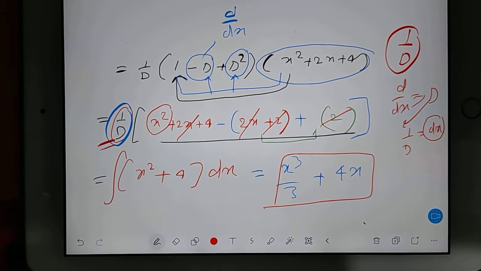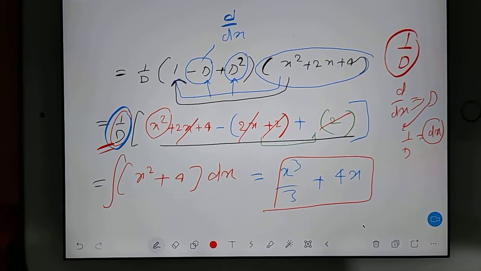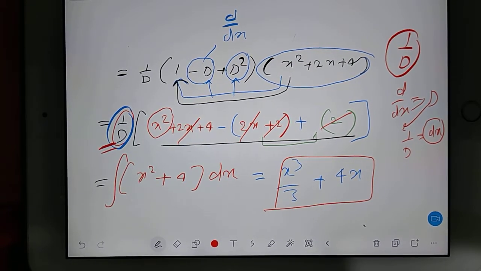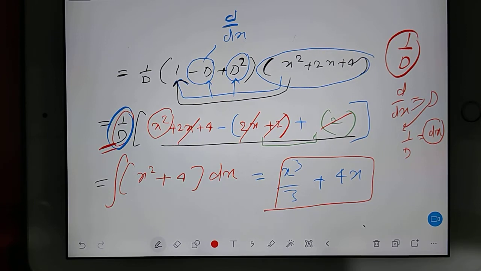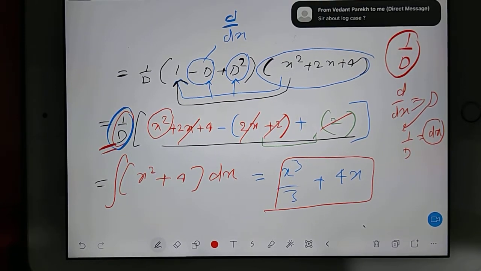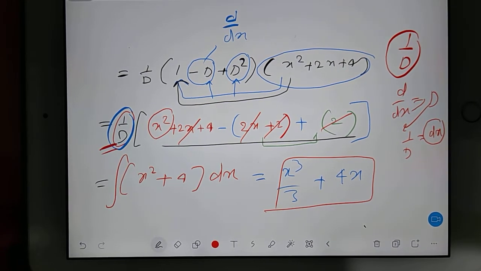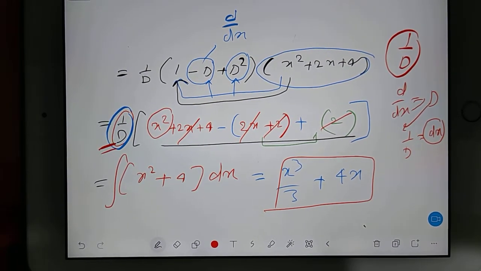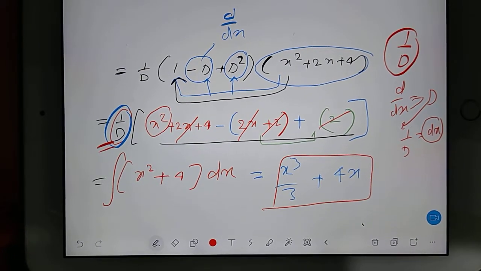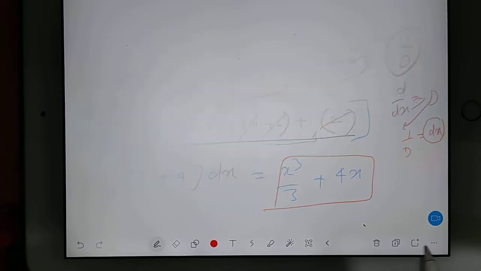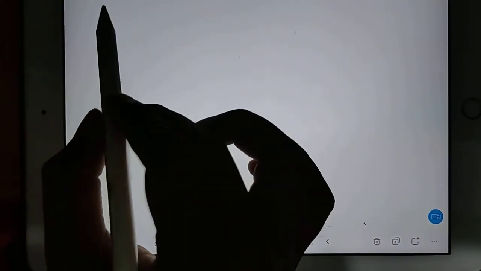Now we will discuss what if we have multiplication of 2. In that again we have cases. What if we have multiplication of e power ax with some other function? In that case, how should we deal with it? I will change the page. I will explain that part also. Just take one example. What if... I'll change the page. Take one more case.